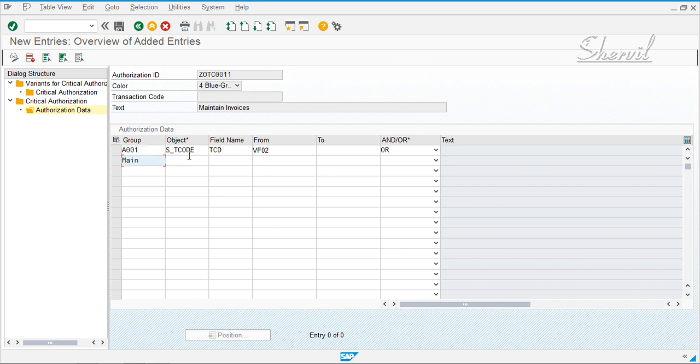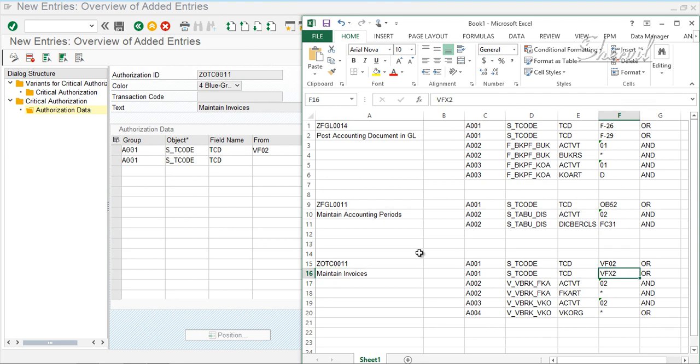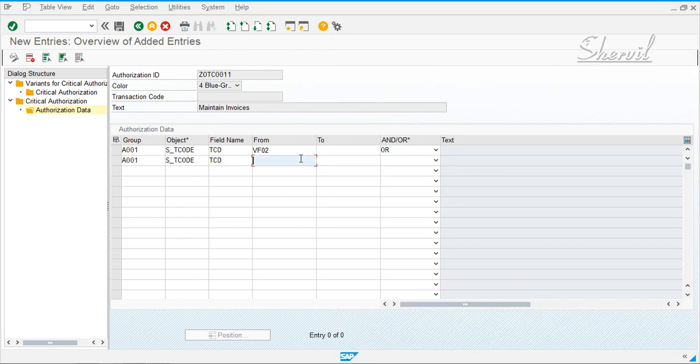And you can copy paste VXF2. And this group starts and ends with an OR.